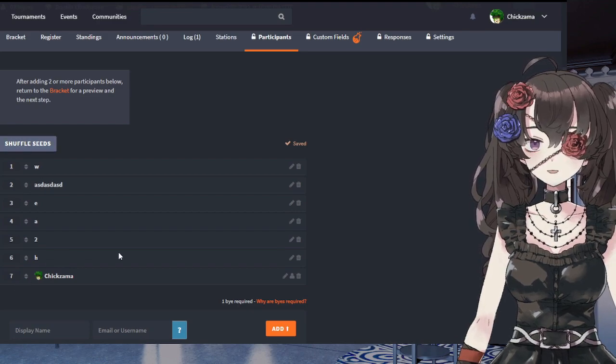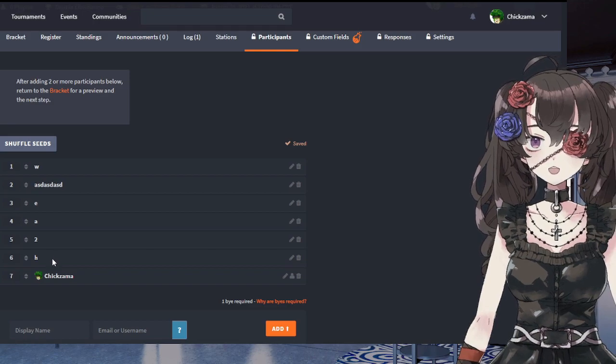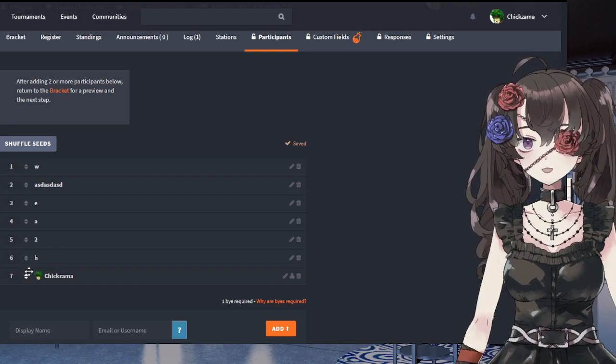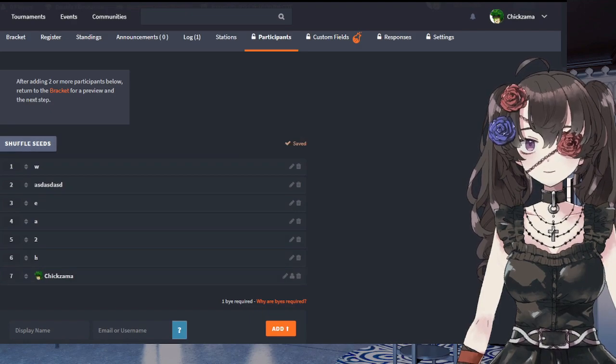This is of course a bit after you close your check-in and maybe a little bit before you're about to start, or you're starting. I recommend starting this phase about 10 minutes before the tournament starts. So I would shuffle a couple of times,